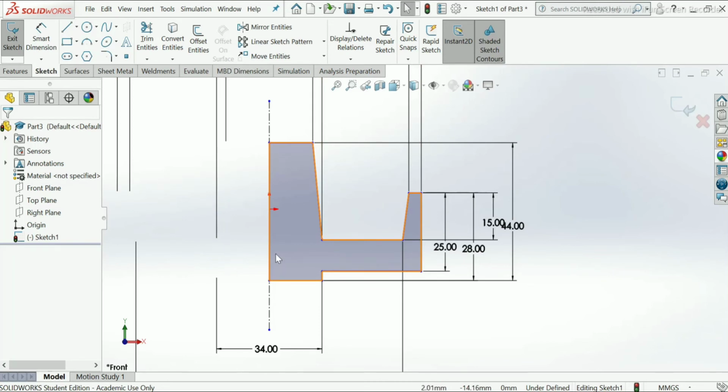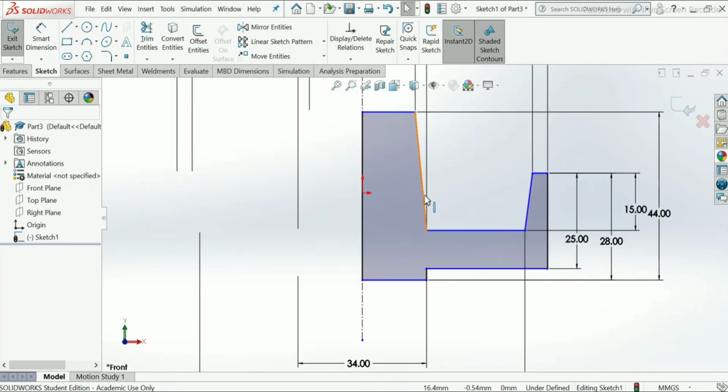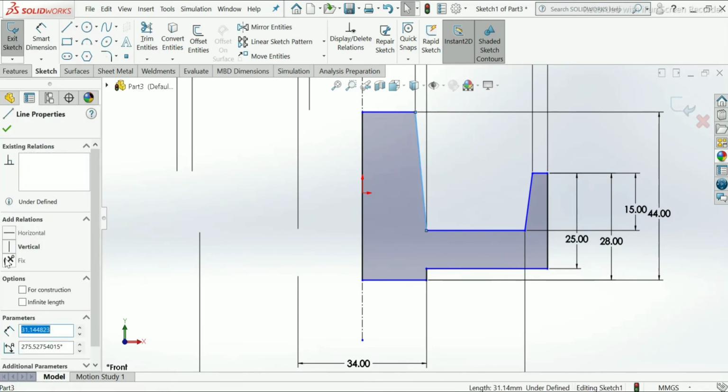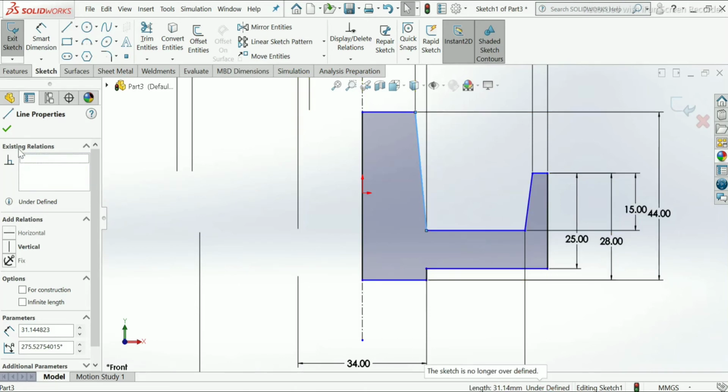Now we have given all the dimensions of this, but here are some lines that are underdefined. To make it fully defined, select this line, fix, but it says over defined, so I will delete this.